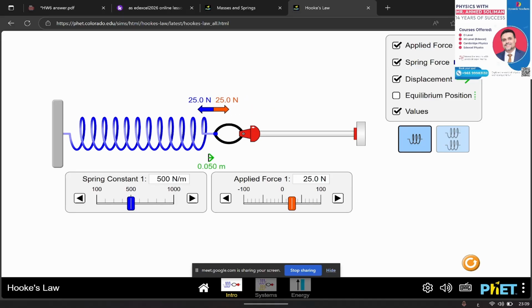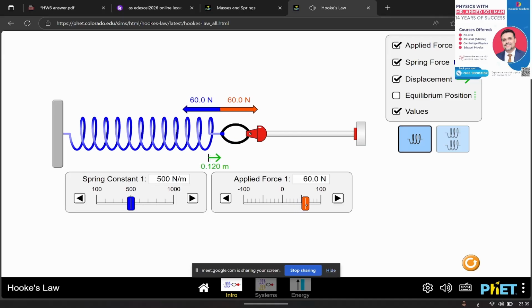Okay, so the elastic force is the force which returns the spring to its original shape. And you also have to know that the force of the spring is always in the opposite direction of the displacement. So as you know, the green arrow is the displacement to the right, but the force from the spring is to the left. Okay,